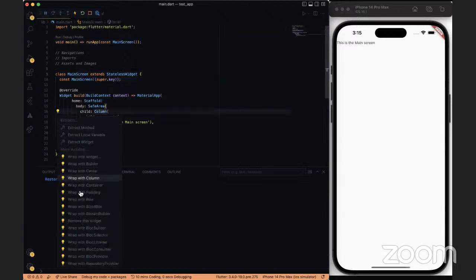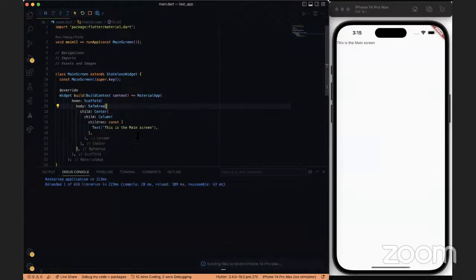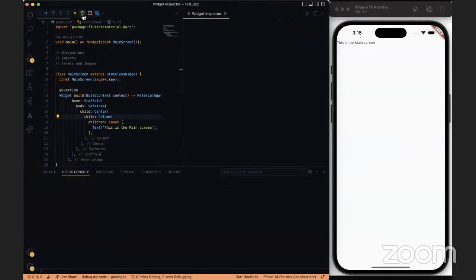So this is the main screen. Let's wrap this in the center. Why is it not going to the center? Let's see. Okay. Thank you. Okay. So where was I? We're centering our